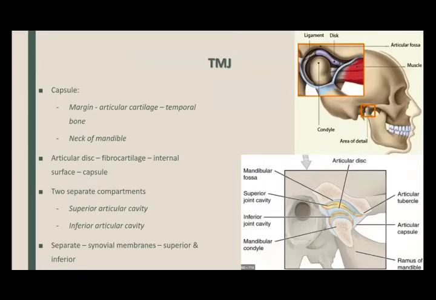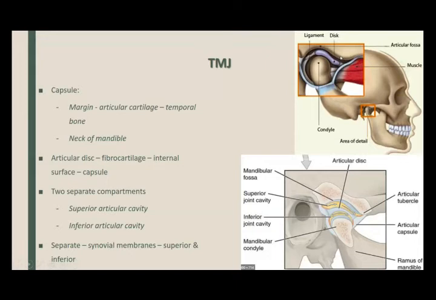Now, besides that, the joint contains a fibrocartilaginous disc. ये जो है, this is the disc lying inside the joint cavity. ठीक है? Like all joints, this joint is also covered by a capsule. This capsule is loose, tightly fitting नहीं है, it is loose. It is attached to the articular margins. Articular cartilage के साथ attached है